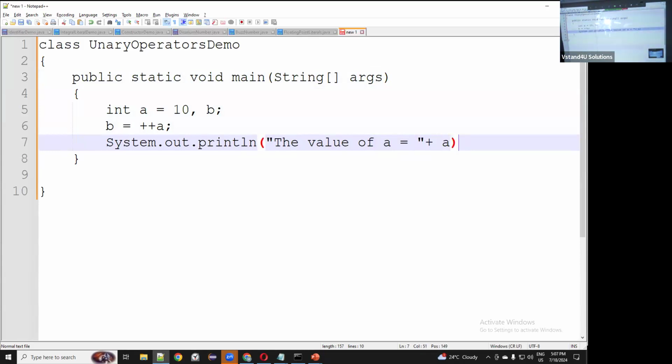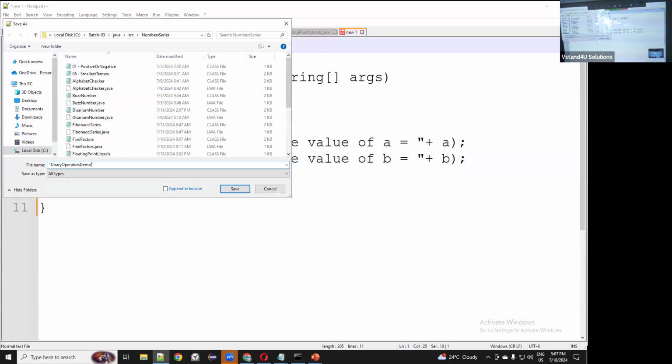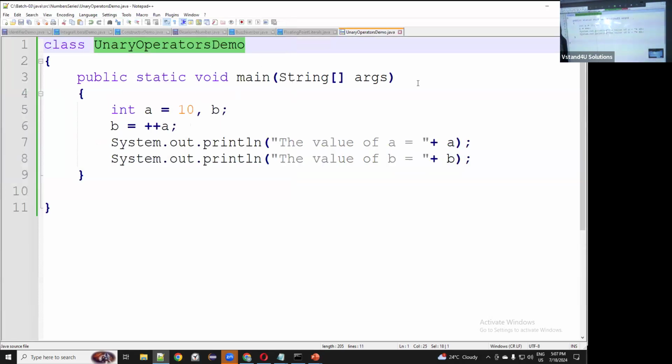Agree? Then the value of b is equal to b. Am I right? Okay, sir. Let me copy the name and save it like this. Am I right? Wait a minute.